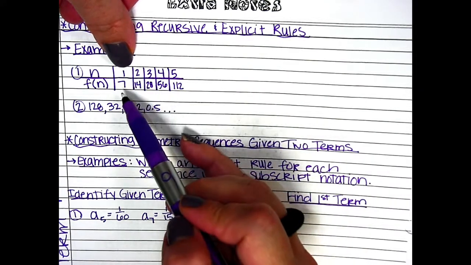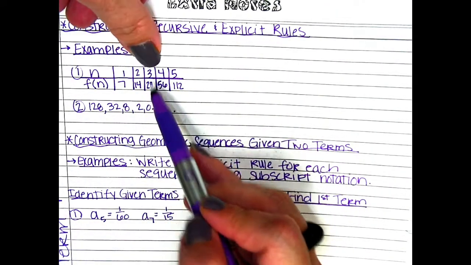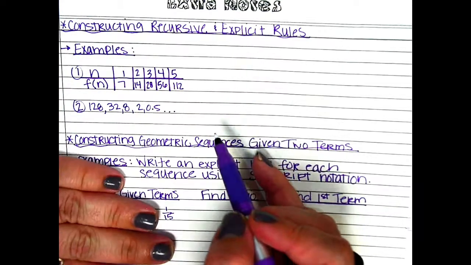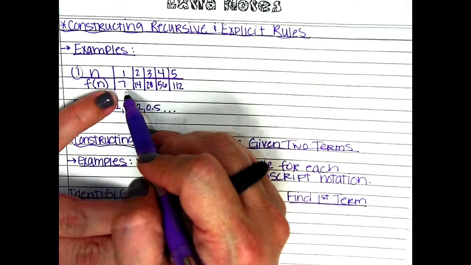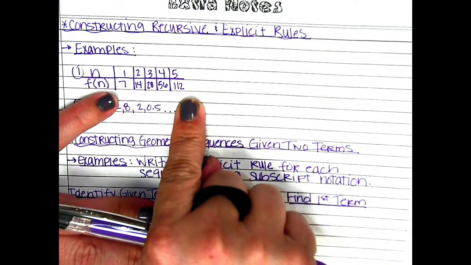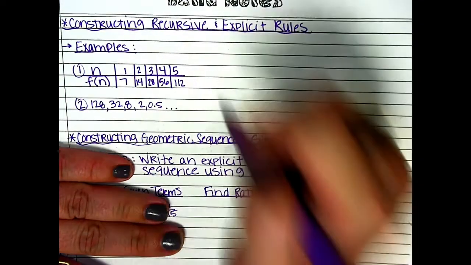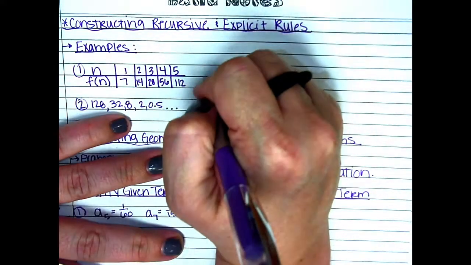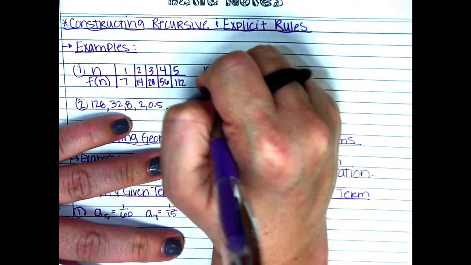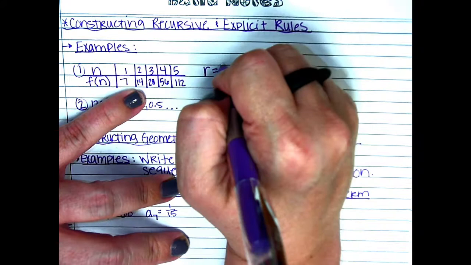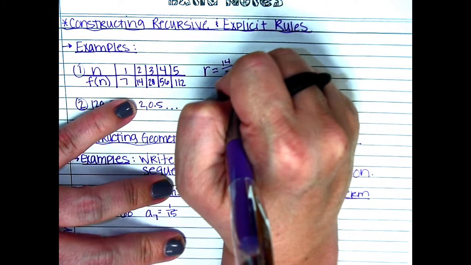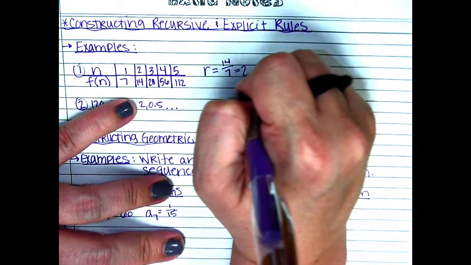The first number is 7, the second is 14, third is 28, and so on. My actual sequence numbers are the f of n. The only thing we're missing is the ratio. We do the second term, 14, divided by the first term, 7,